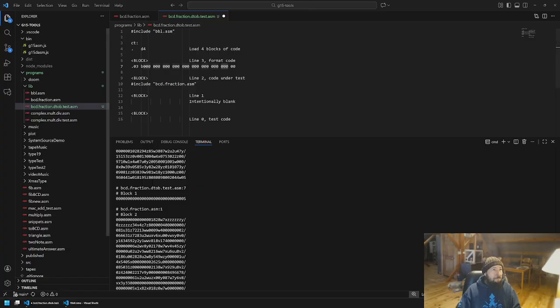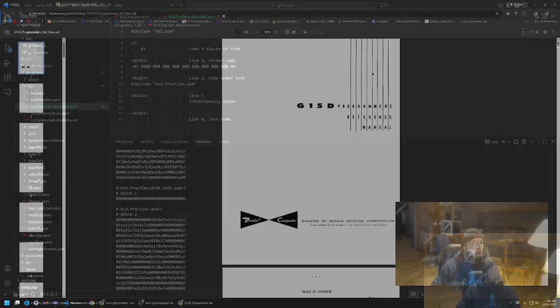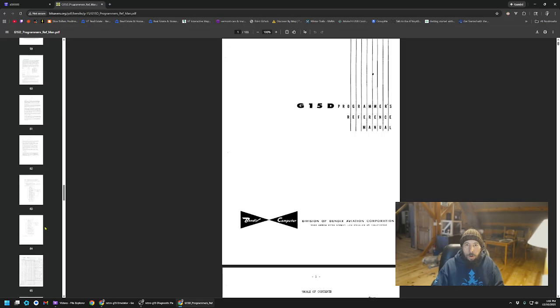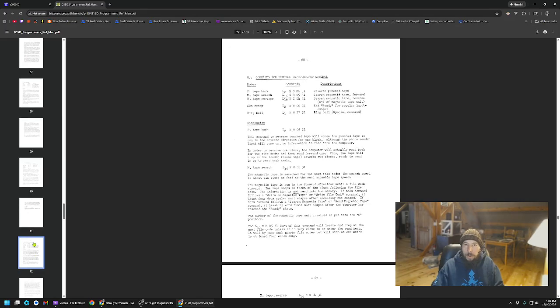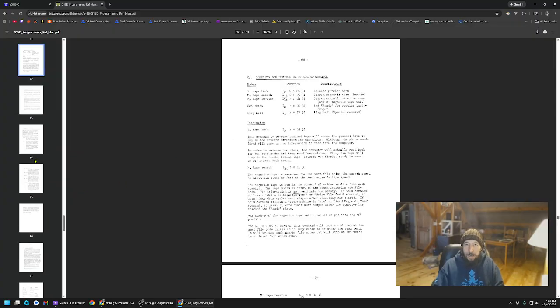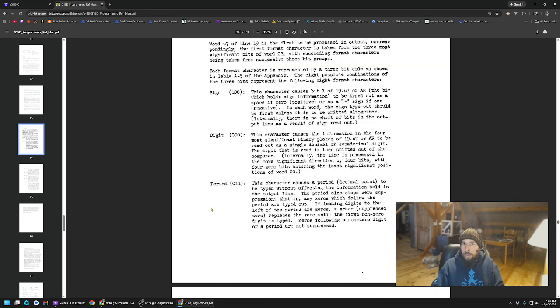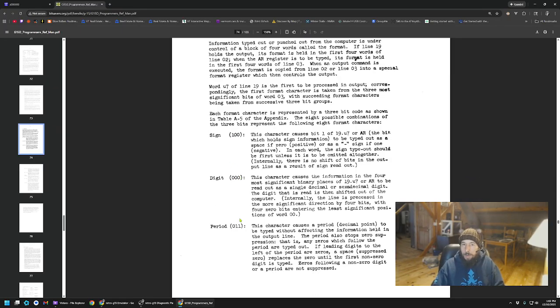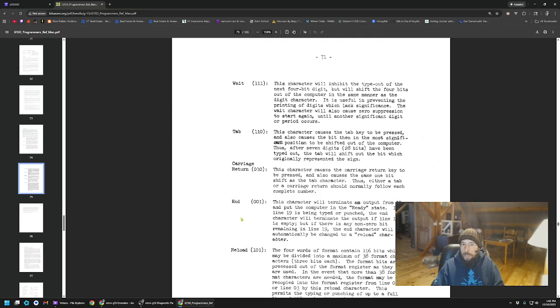Now, hop over to the programmer's reference manual and scroll down to somewhere around here where we're going to find our output formats, commands for regular input-output control. As we scroll down, we find our output formats. Sign is 100, digit is all zeros, I knew that off the top of my head, and the stop code is